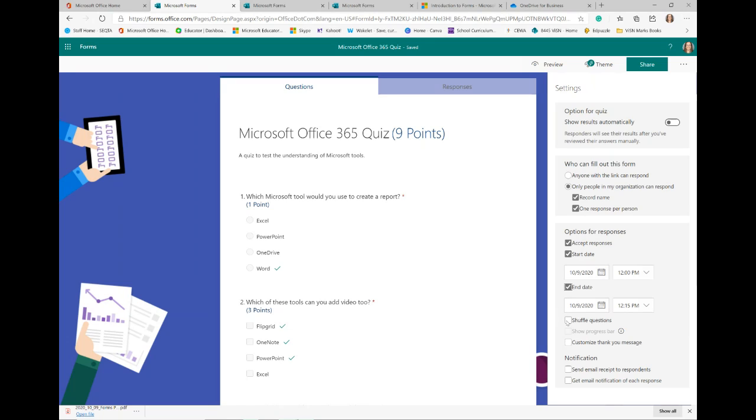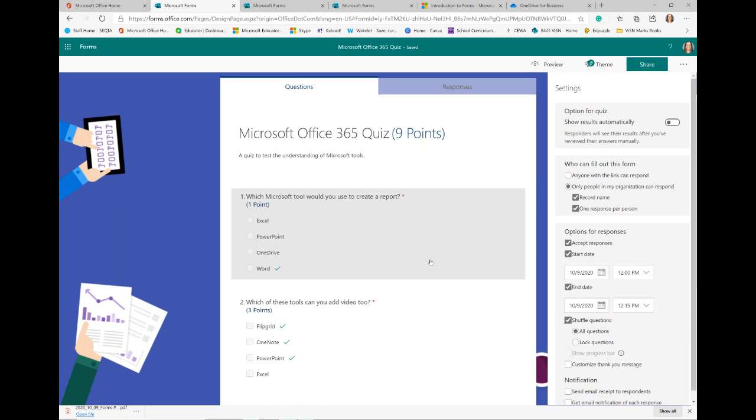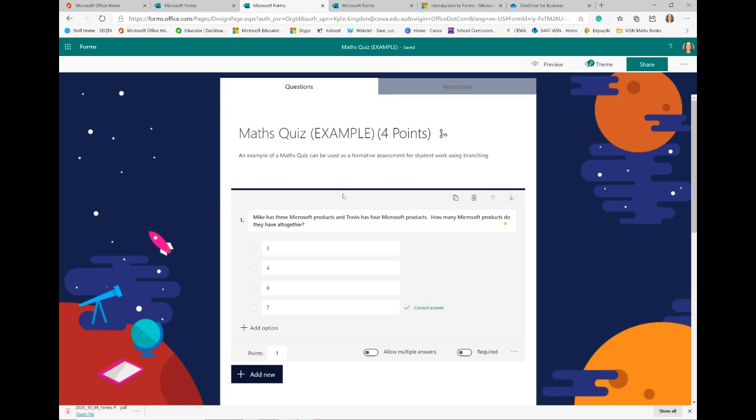You can shuffle your questions. You can shuffle all questions or you can lock specific questions. Locking specific questions becomes important when you are looking at branching, for example. So I'm going to switch over to another form to show you some branching. And if there are any maths teachers on at the moment, I do apologise. This is an example of